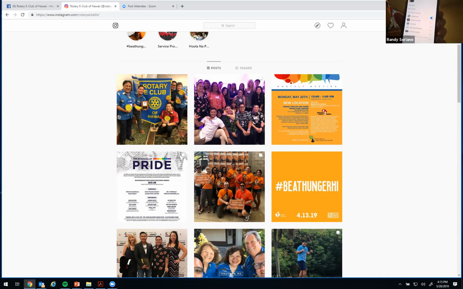It'll take you to this screen, and then let me show you on here. If you look here, there's an option to flow to Facebook. And that's how we flow it over. So we just check this box and it'll flow to Facebook so that everything that's posted on Instagram will automatically go to our Facebook account.